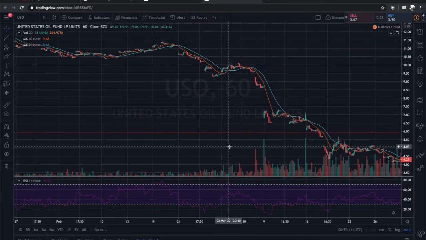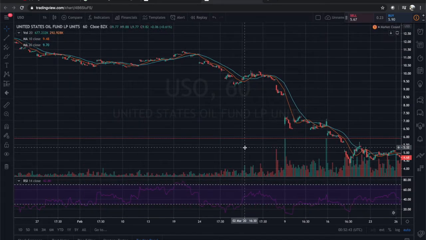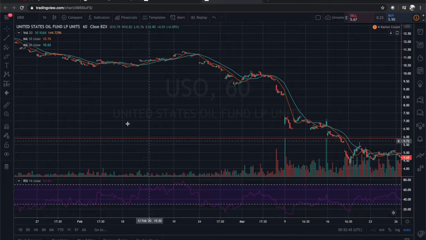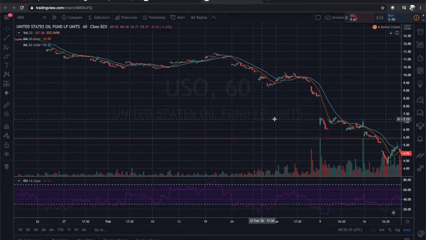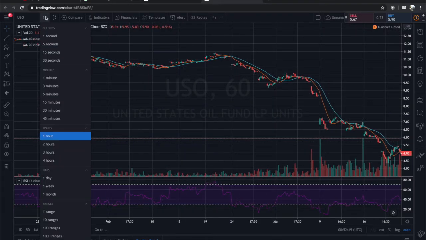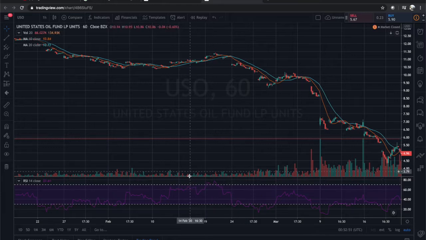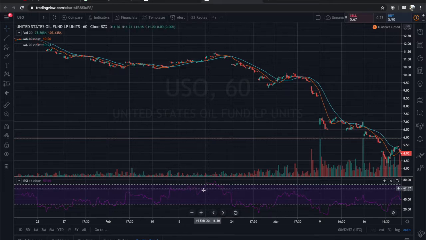So let's go ahead and go back here and give you an example of what an overbought RSI looks like. We're going to go on the USO chart. We're currently on 1 hour candles, and we're going to take a look at this part right over here. Do you see how the RSI was at a good level for quite a while until it started going into the plus 70? This is from 0 to 100, and now it's over 70. And as you can see, as soon as it went over here, it became instantly overbought. Therefore, demand started